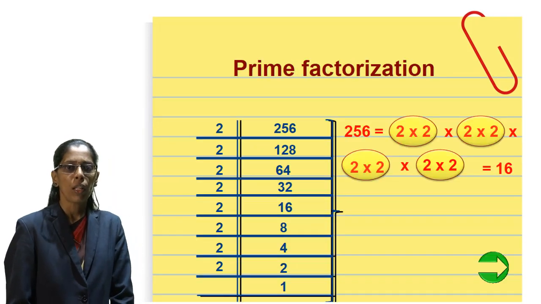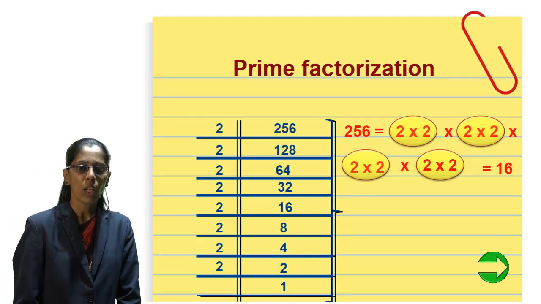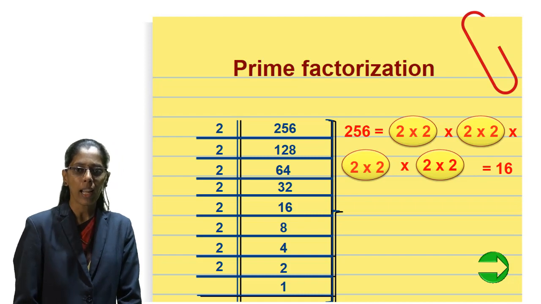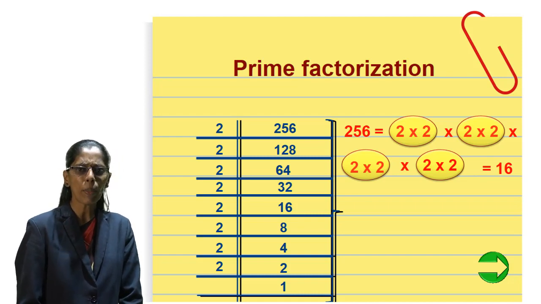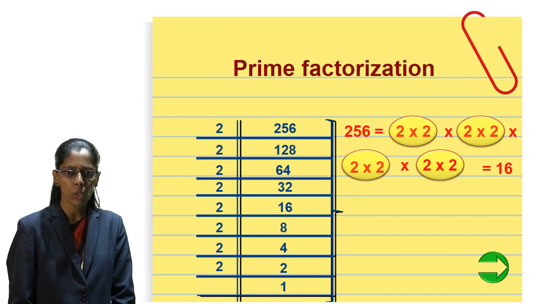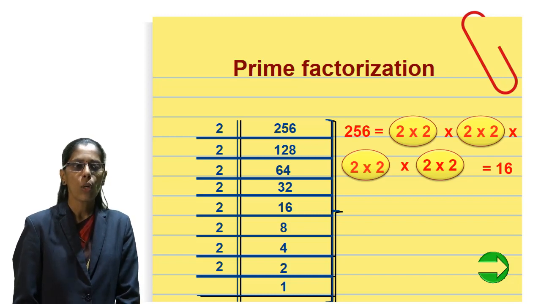Now let us see the prime factorization method for finding the square root of a given number. Here what you need to do: first find all prime factors of the given number, then write down all the prime factors and make pairs. For one pair you need to write only one number, do the multiplication, and finally whatever result you get, that is the square root of the given number. Let us see one example.